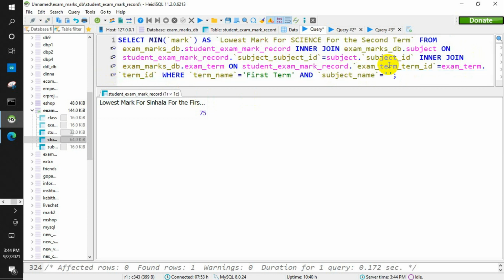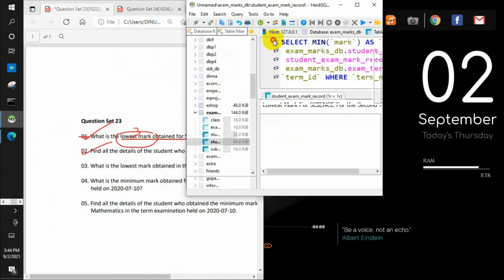This is the same as the first question. Science, and the term is second term. Now once I run this query, I get the lowest mark for the science subject for the second term, that is 45.52. So it's the same thing as in the first question.